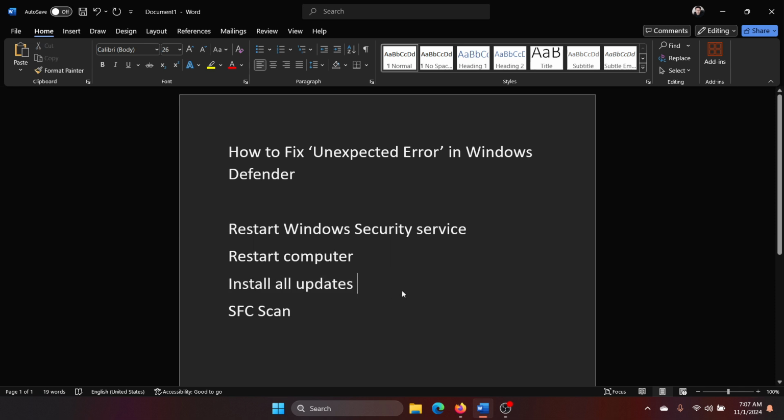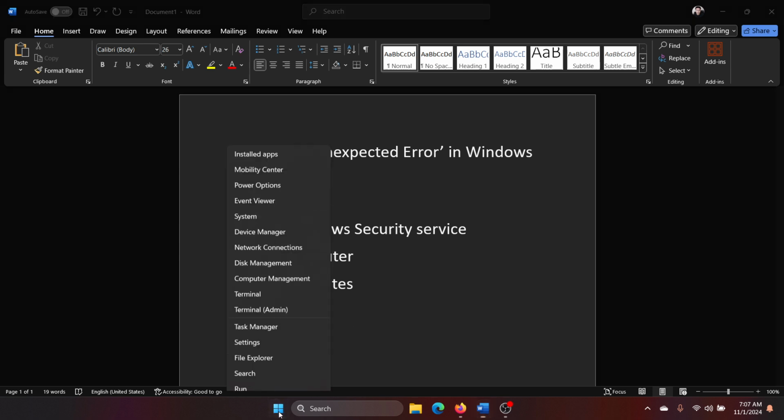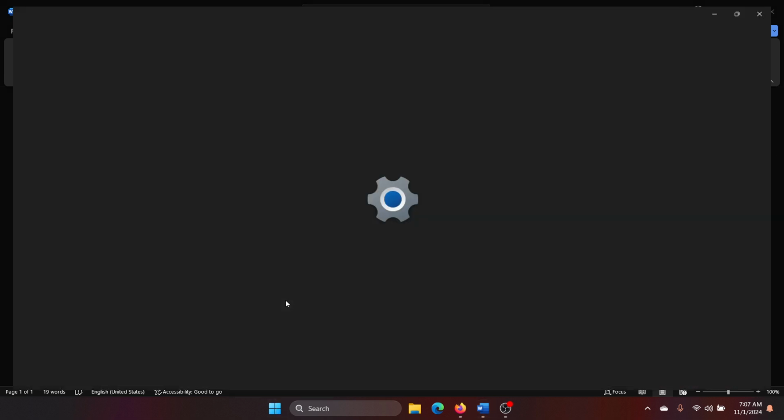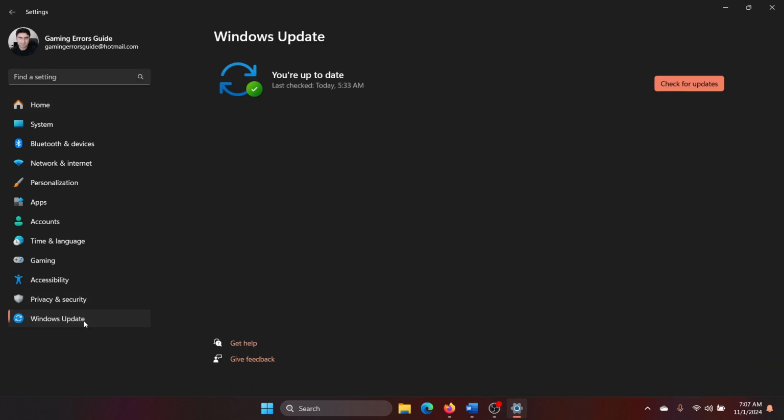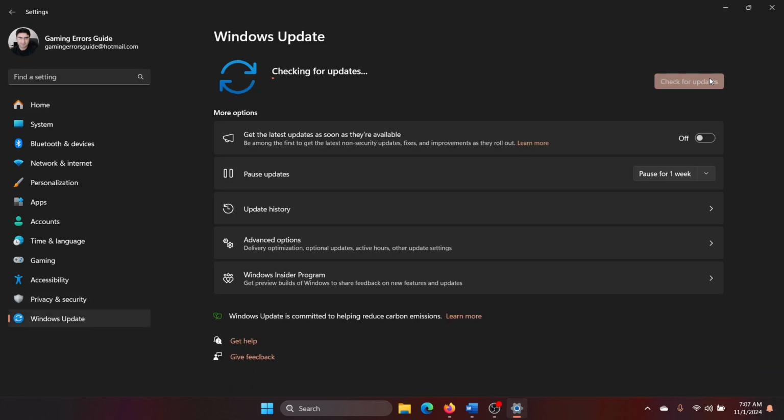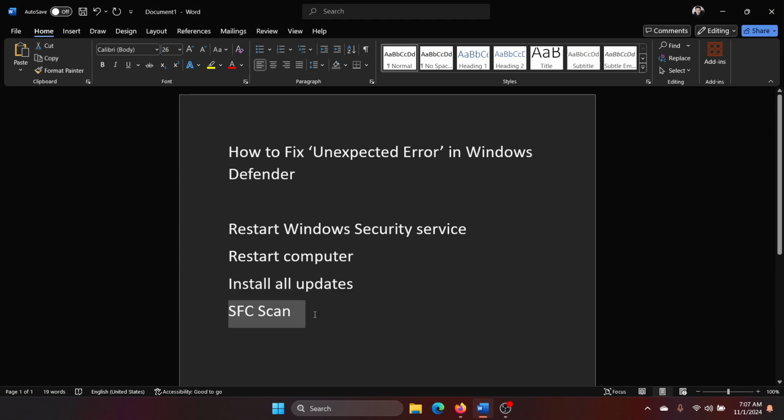The next solution is to install all updates. Why? I'll explain later, but how? Let me explain that first. Right click on the start button, select settings from the menu, go to the Windows Update tab on the list on the left hand side, select check for updates in the right pane, and the last solution is an SFC